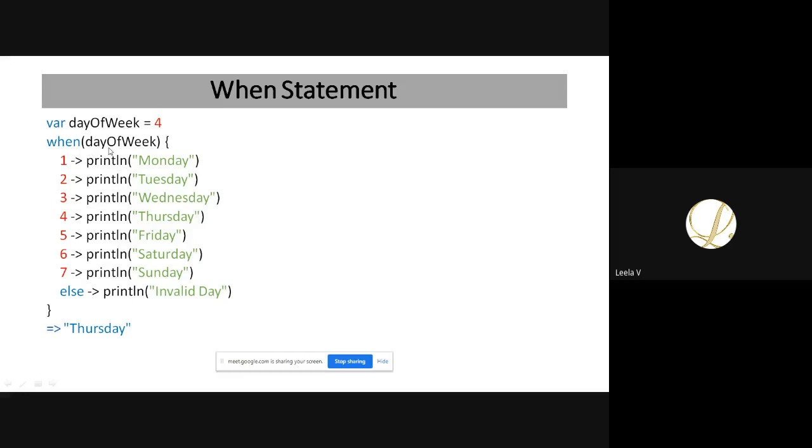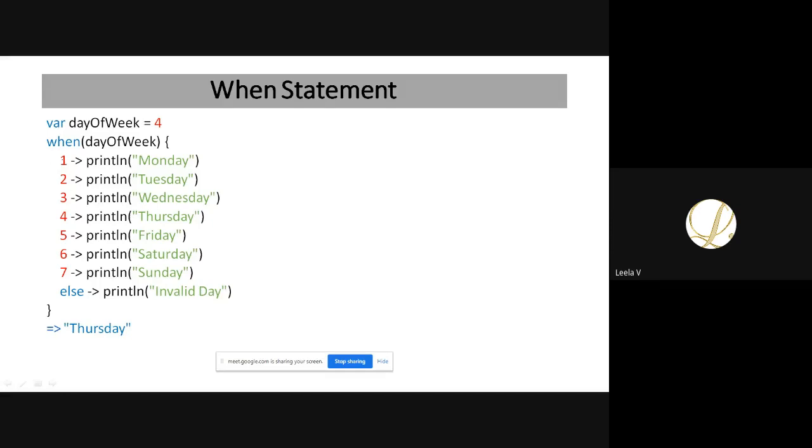Within your when, I'm giving a variable. So this when defines a conditional expression with multiple branches. You can have any number of branches with your when. And finally, it ends with else. In your switch, it ends with a default. In case of when, we are using this else as a default. And these are the different cases, which can be conditional parts also. So in a branch we can have a constant or conditions.